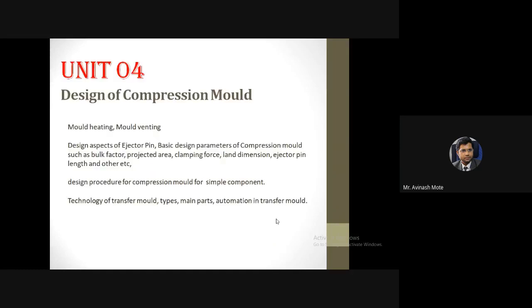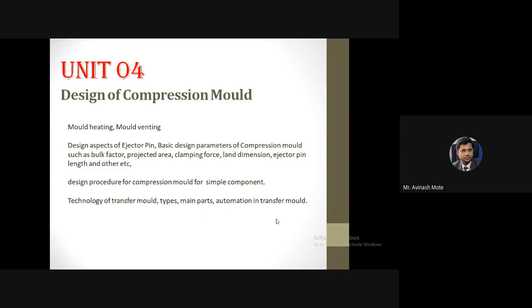And we have started with our second section, basically designing of different types of plastic components and the molds. This designing is based on the kind of process that is followed for the molding. As we discussed in the first section, there are plenty of such processes which are applied for different applications.